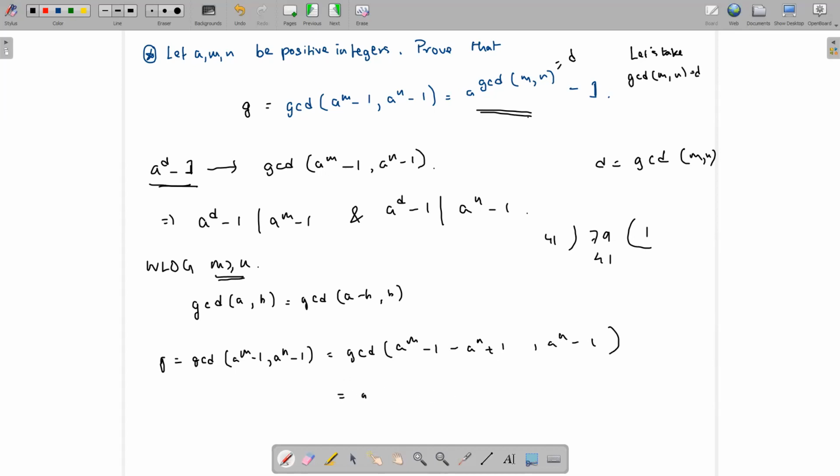So this is basically what? This is basically the GCD of a to the power of m minus n minus 1 comma a to the power of n minus 1, right? Is this clear? I'm just taking a to the power n outside. So a to the power n is co-prime to this. So let me rewrite this step. So GCD of